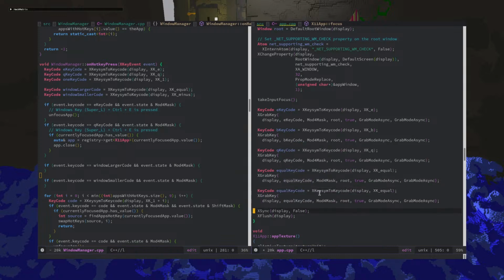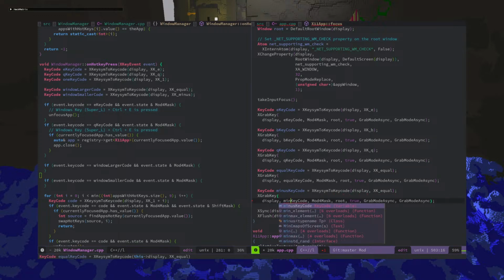Okay, so I just have to copy and paste this. I should be doing this in a list as this thing has grown. Pretty much all keys that have the super button pressed should be grabbed. But right now I'm just grabbing them individually. Okay, so we have the two key codes. Okay, so now